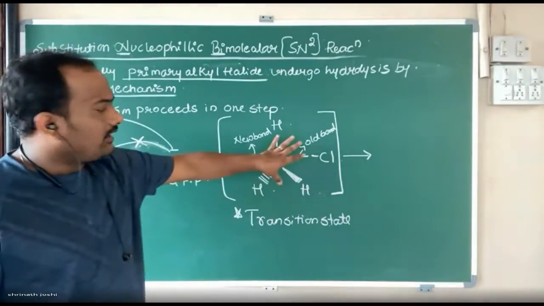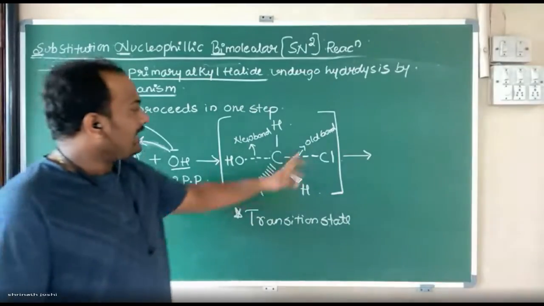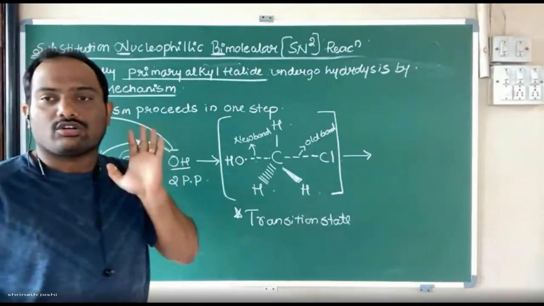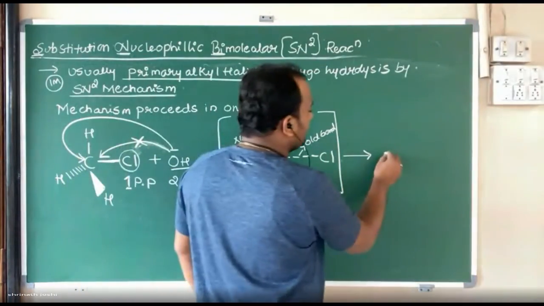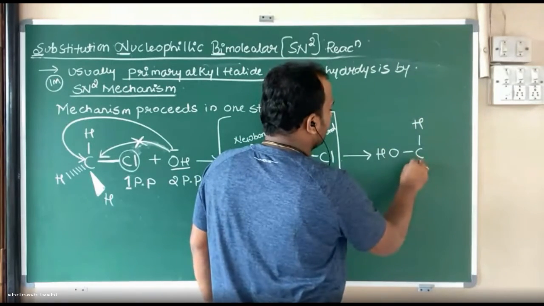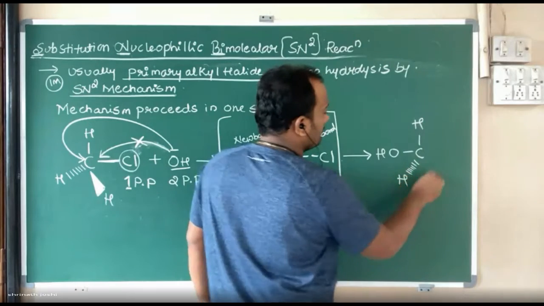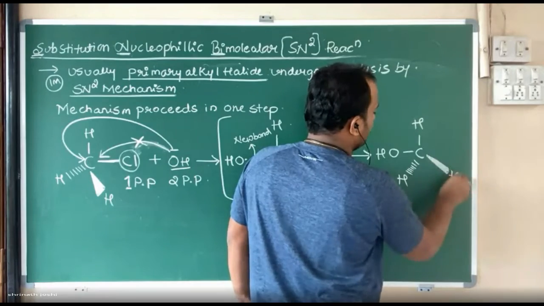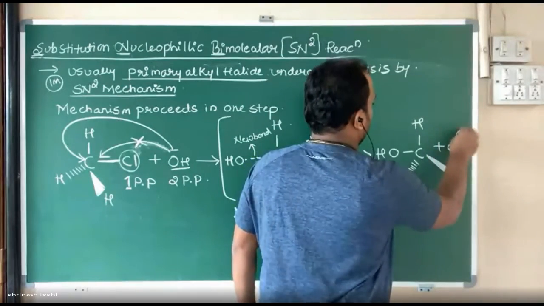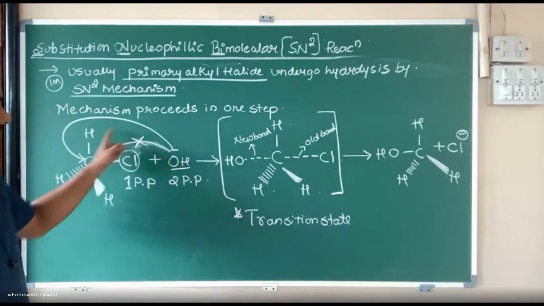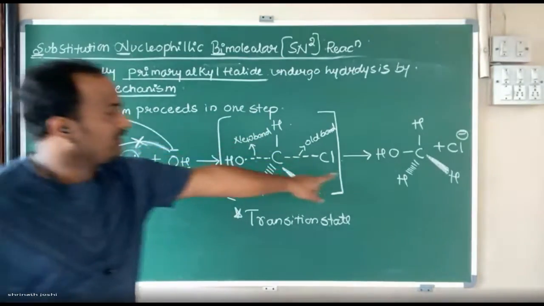Yes. Now tell me, once this is happening, as your old bond will become weaker, it will dissociate and the new bond will become very strong. Therefore, the chloride atom eliminates out, then you get a product. I think this product you will get. H plus, Cl minus. Am I right or no? Yes or no? Am I right? So at the end, this will go out.